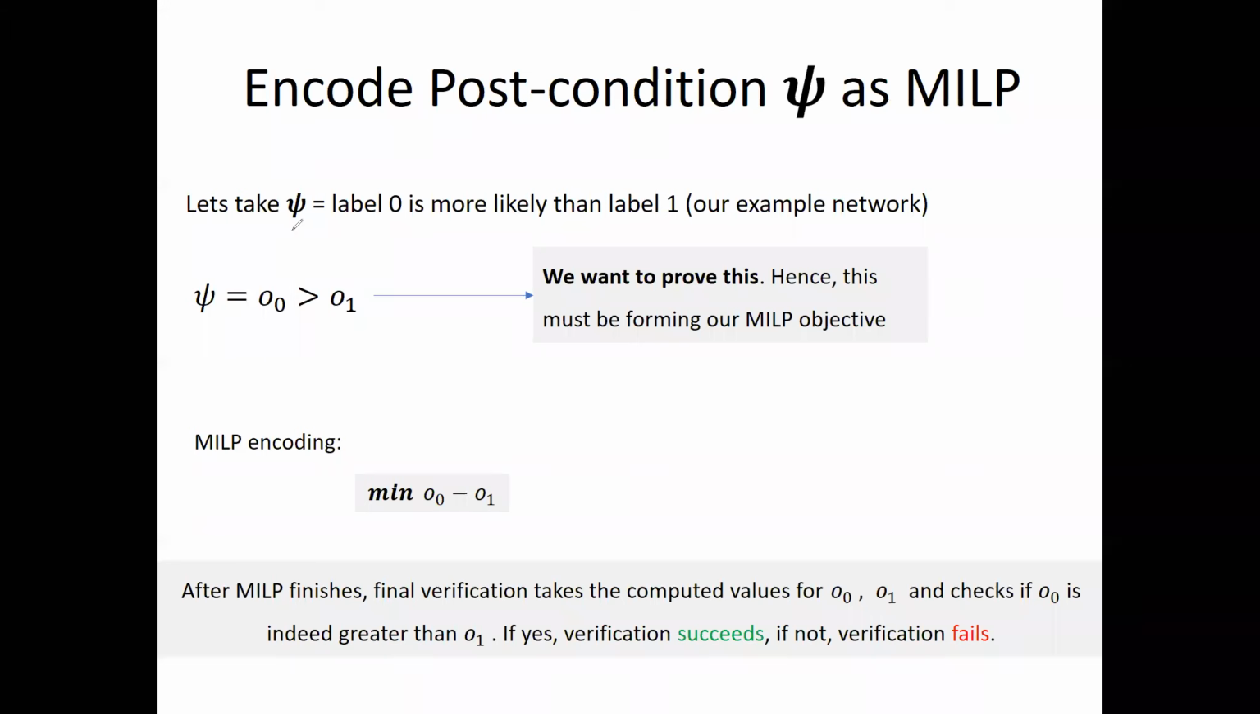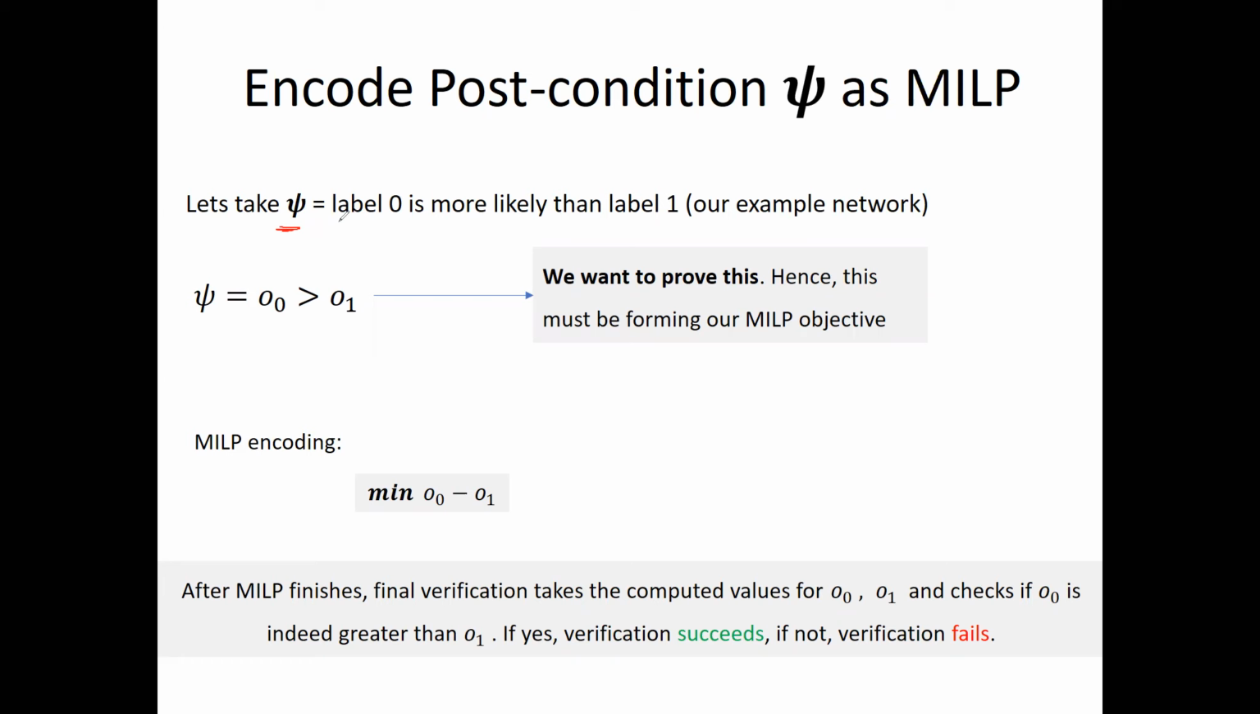Let's see how that is done. So remember, this psi is just the post condition, right? So this is the notation we were using before. Phi is the precondition, psi is the post condition, and phi and psi together define the specification. And so this psi, let's say in the binary case where we had this simple network that we looked at before,